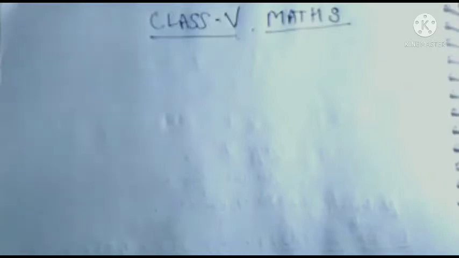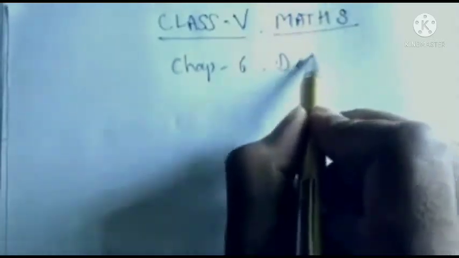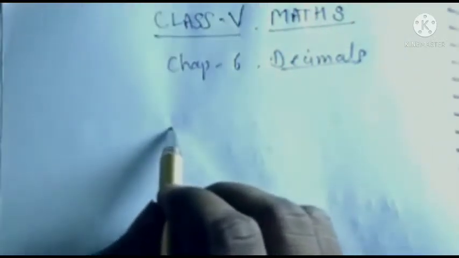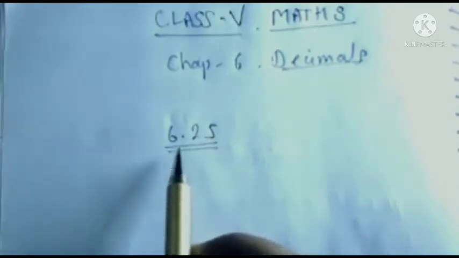Today we will start a new chapter, chapter 6. This is decimals. First of all we will learn what a decimal is. Have you ever read this type of number? This is 6.25. This number is read as